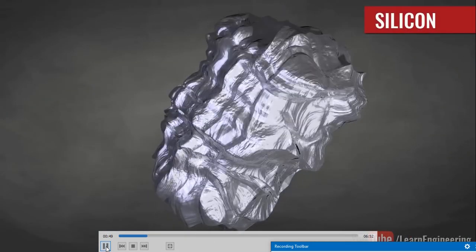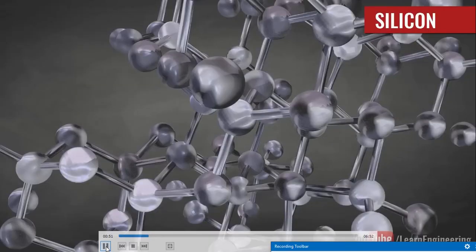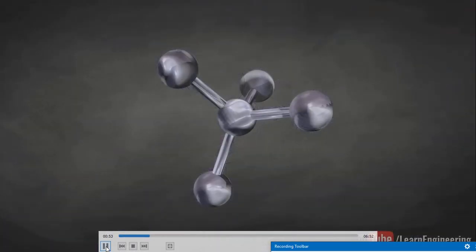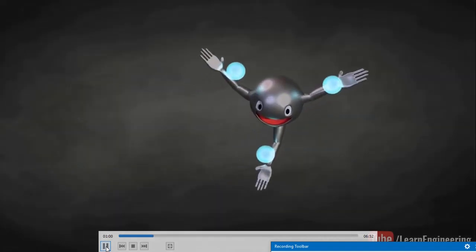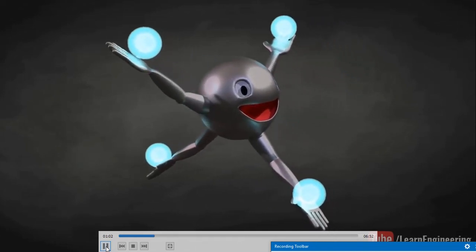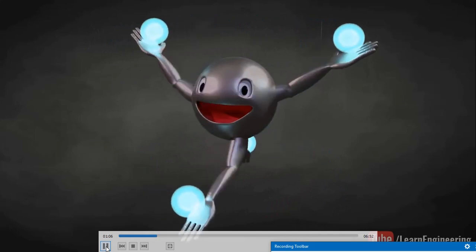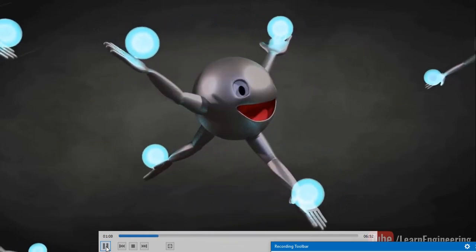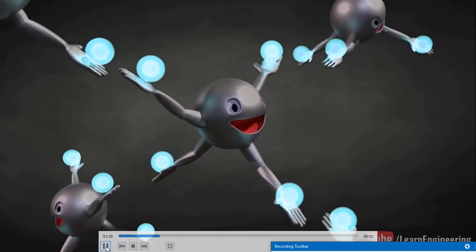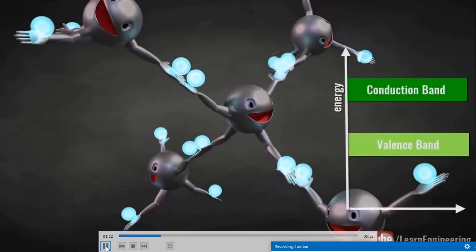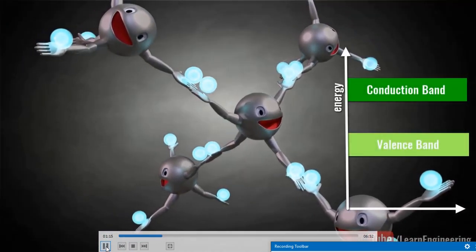So how is this produced? Basically we take silicon, which is by birth an insulator, but because it shows some conduction properties on addition of impurities, we call it a semiconductor. This silicon has 4 valence electrons which it can share with other silicon atoms. This silicon is going to combine with all the other silicons, so silicon bonding is happening. Every silicon is forming a bond with the other silicon.